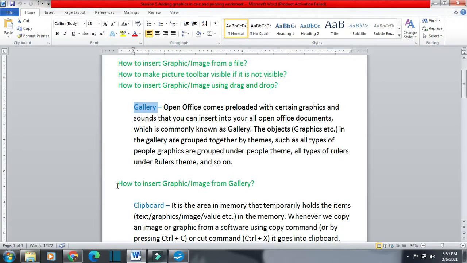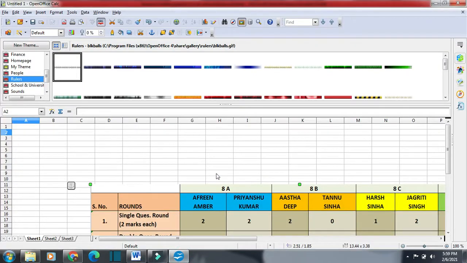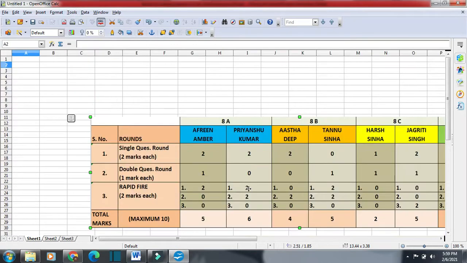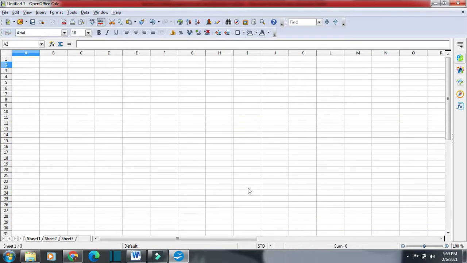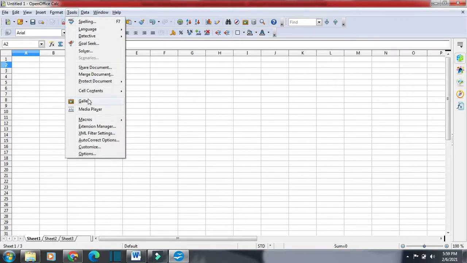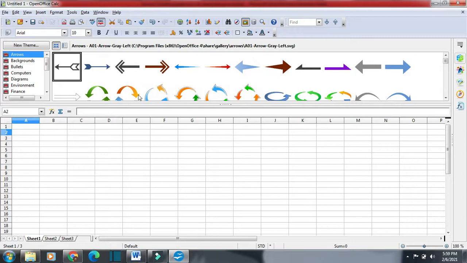Now the question comes, how can we insert a graphic or image from gallery? So we have opened gallery. Let us first close gallery, and I will just delete this image. So we have to insert an image or graphic from gallery. So first of all, we will open the tools menu and then gallery, and we have opened gallery.